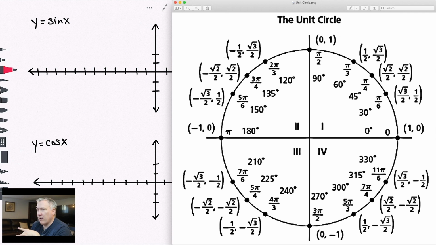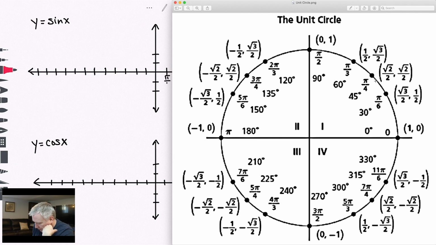It's going to be 0, and if I go all the way around the circle, it's to 2 pi, and there's all these in-between points. And so I get a sense that everything in my input is in terms of pi. So instead of counting 1, 2, 3, 4 along that input, that x-axis, I'm going to count by these radian units. And in fact, if I do every single one, those don't quite fall in a direct order, meaning pi over 6 and then pi over 4. Those aren't spaced evenly apart. So I'm going to skip over pi over 6 and go straight to pi over 4 as my first point